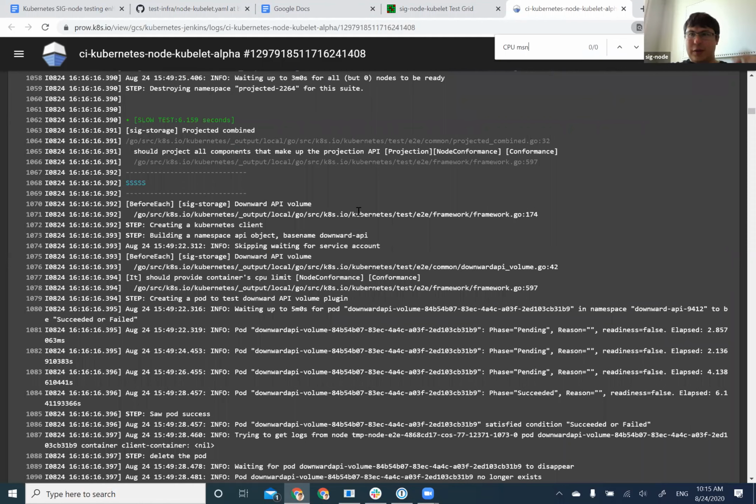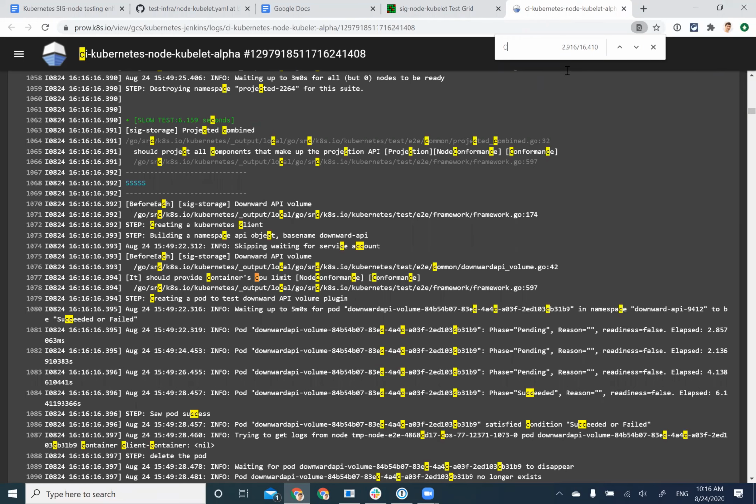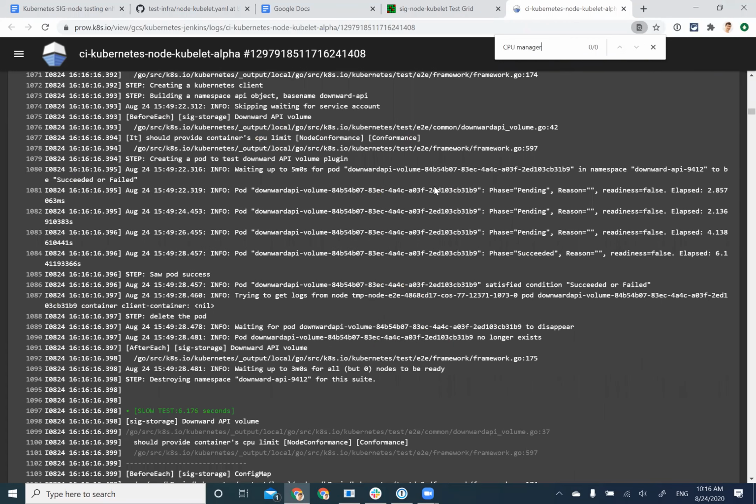Yeah, it seems that like David said, he removed this flag, so maybe my source code is a little bit outdated. I'll need to double check that. Or at least what I was going for is I'm looking at a run from I forgot what day it was, and it says SIG Node CPU manager serial feature CPU manager node alpha feature CPU manager, and it's listed as skip. It is skipped because of the message: "skipping CPU manager test since the CPU capacity is less than 2." So maybe this test is another one of those that possibly has